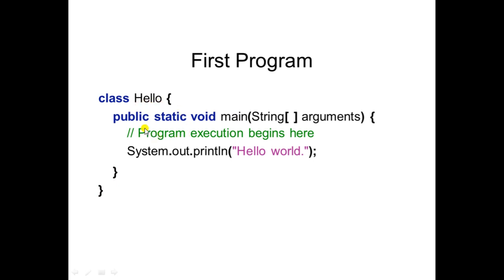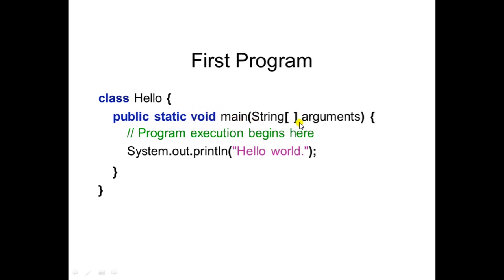So in coming lectures, we will discuss what the public access specifier is, what the use of that is, and what is meant by the static keyword over here. And you must be aware of what you mean by void. Yes, void is the return type here. This main is the method. Another name you may know is that methods are called functions, right? So this is a function, this is a method. So main will return nothing. The meaning of void is that it will not return anything, right?